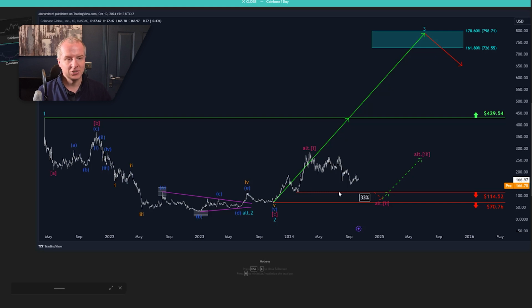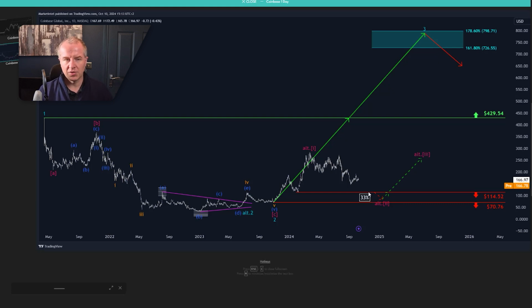So you will see actually how we interpret the move up from that October 23 low. You will see that on the 4-hour chart in more detail. But here on the larger time frame, it could be that all of this move that happened between October 23 and March this year is another larger degree wave 1. And then, however, to make that more likely, we would need a break below $114.52, but it would need to hold $70.76. So ideally it would stay in that corridor.